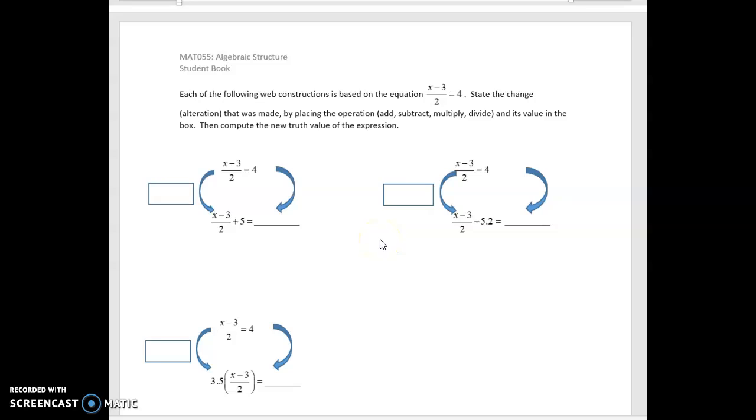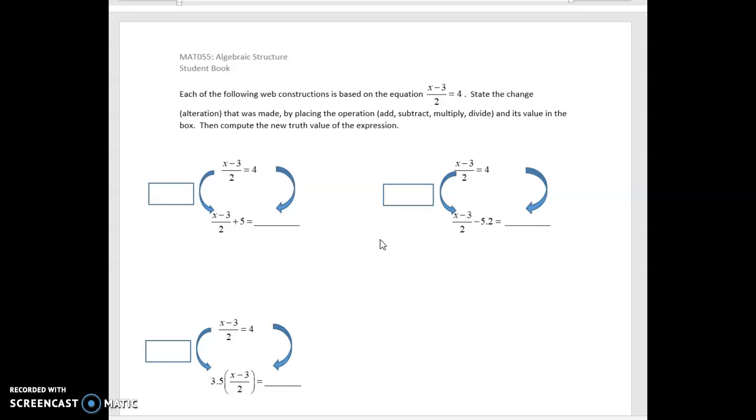In this video, we're going to continue our conversation about web constructions. And in the previous page, we started with a truth value where we knew W equaled 16, and then from there built a new expression, a new equation, each time by making alterations, by either adding, subtracting, multiplying, dividing by